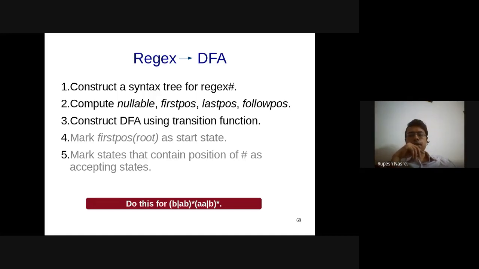1, 3, 5, 6 will be 1, 3, 5, 6, 7. Will sharp sign be in the last? Yeah, it will come in the last pause also. There is a concatenation, and that is correct. So what Venkat Surya has pushed seems to be reasonable. First pause should also contain the sharp sign, and last pause should also contain the sharp sign. I mean the node corresponding to the sharp sign. Because both the subtrees are nullable, and therefore you are going to take the union. Therefore, this should come. Anybody has any issues with that?